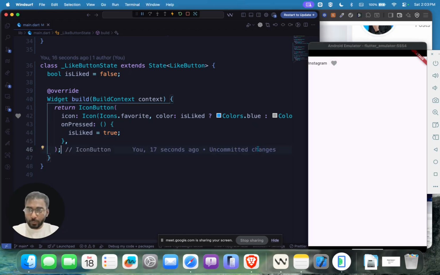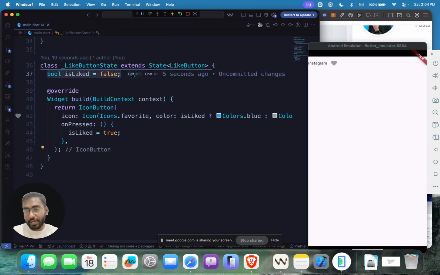Okay, this is where one of the strong concepts of Flutter comes into the picture. In this, what you have to understand is the definition of state. Okay, the definition of state and the definition of data. Here, this one is just data. It is not termed as state because